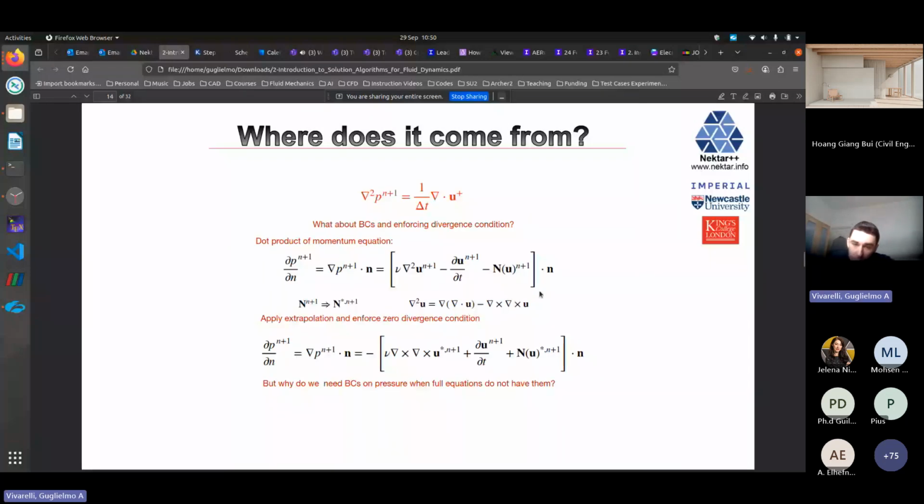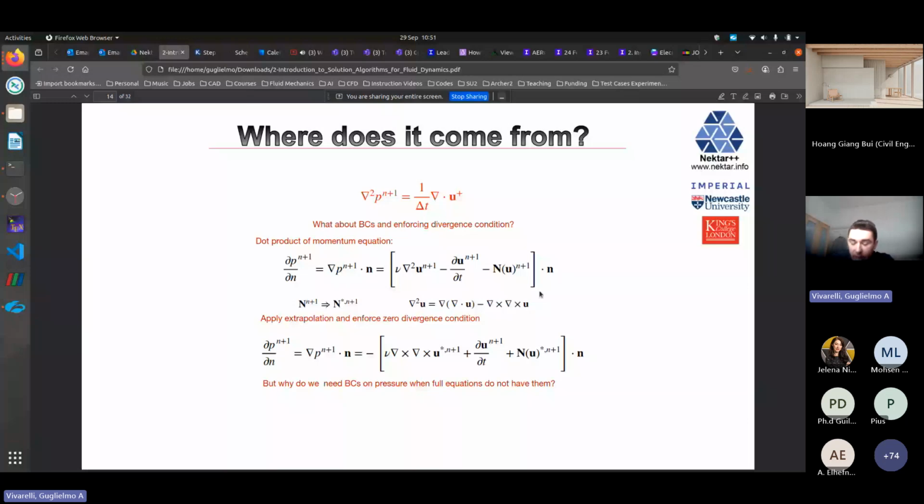So I mentioned I was going to talk about the pressure equation in a little bit more detail because we need boundary conditions for it to have a well-posed problem. So where do these come from? Taking a more mechanical approach, and then I will discuss it very briefly in the next slide. Your momentum equations are a set of vector equations. So if it's in 3D, you've got your momentum in U, your momentum in V, and your momentum in W. So you can dot product them with the normal to the surface